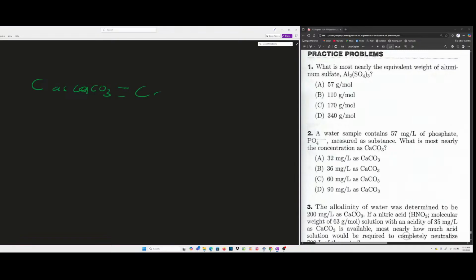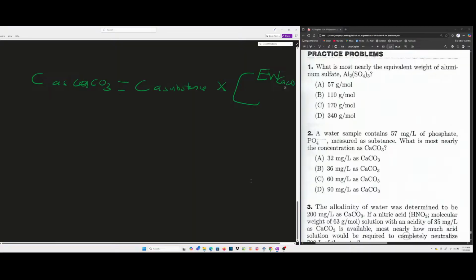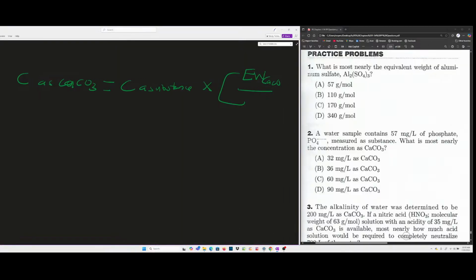It's going to be C as substance, the concentration of C as substance, multiplied by the equivalent weight of CaCO3, divided by the equivalent weight of phosphate,